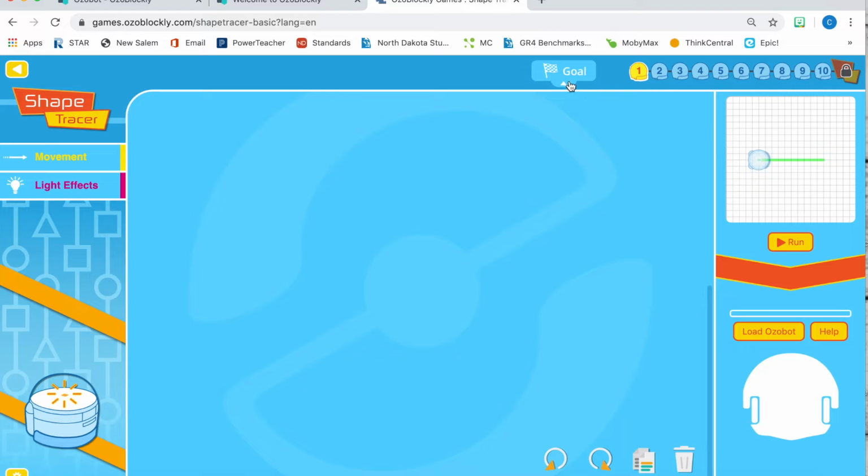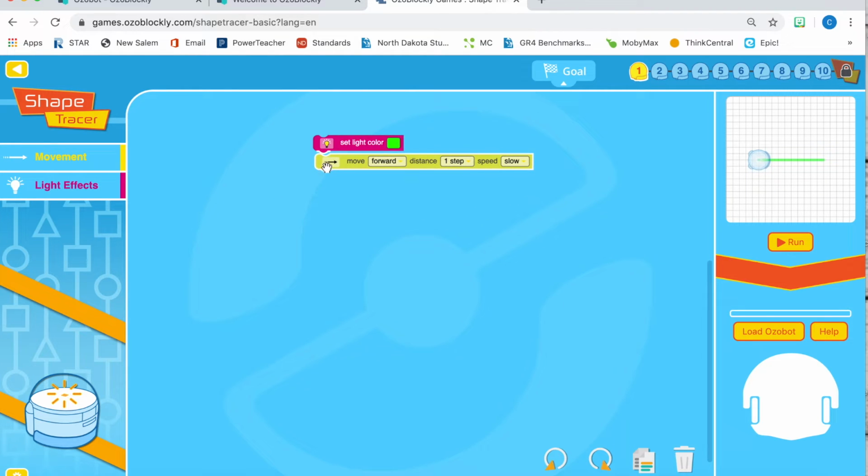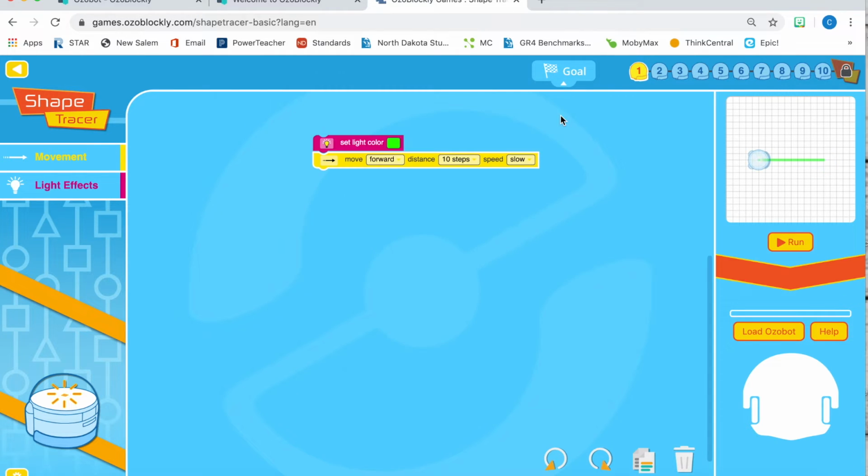So how this works is you're given a goal, and it says, get the Ozobot to trace the shape shown and make sure those light colors match. So I go into light effects, I drag it over, I double click, and it will turn it to green. My movement, it's kind of like a puzzle, it just snaps into place, moves it up 10 steps, and I can run it. It then gives students options to load the program onto an Ozobot and then run the program. I just wanted them to get this coding part where it's setting that color, getting the movements in,